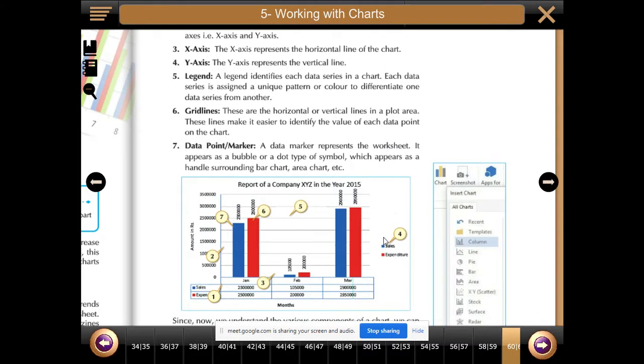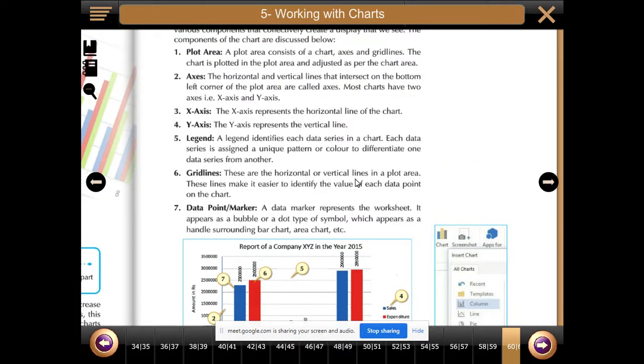उसमें क्या होते हैं? एक्सेस होते हैं, एक्स एक्सिस, वाई एक्सिस एंड ग्रिड लाइंस होती है. ग्रिड लाइंस मीन्स रोज एंड कॉलम्स, like in your mathematics you can use the chart. Okay, now this axis and grid lines chart, this total area is called as a plotted area. That area is called as a plotted area.